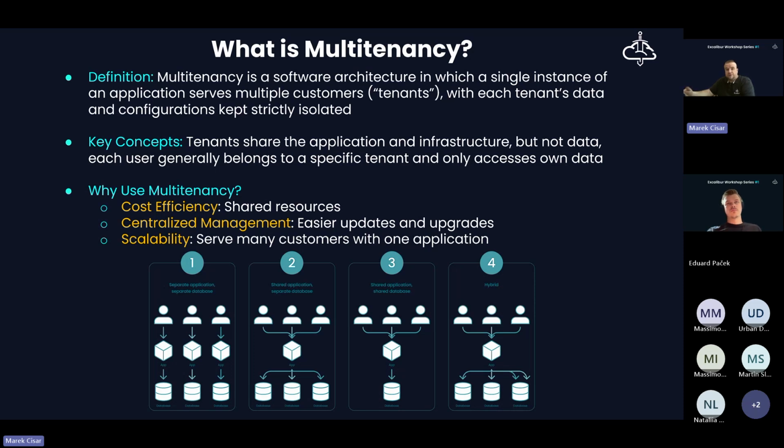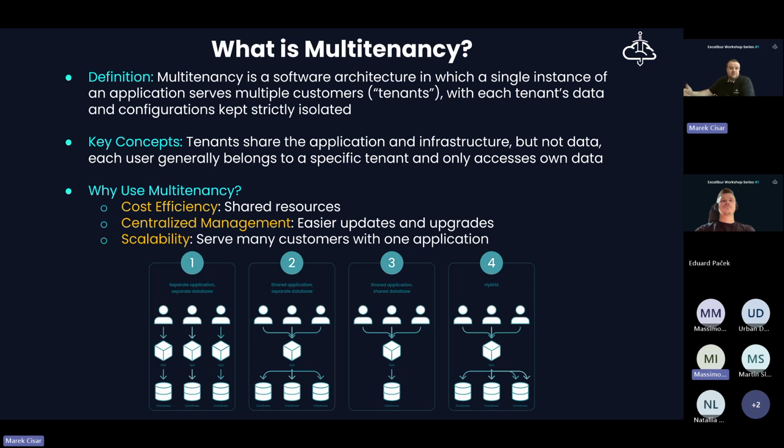Each user from each tenant interacts with the application in the same way, but that user interface is dedicated just to the organization to which the user belongs.